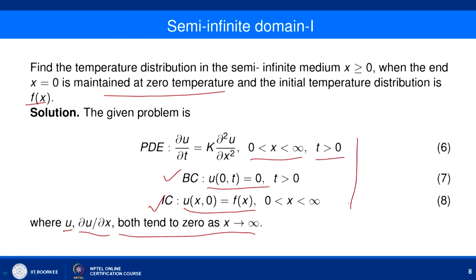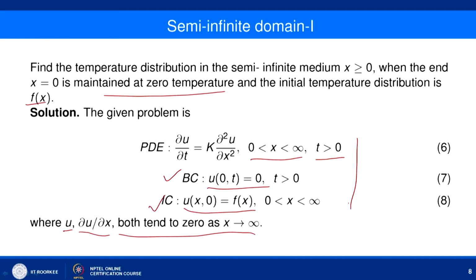So, here I cannot apply the full Fourier transform. Here we will apply the Fourier transform defined only between 0 to infinity. We have two choices, one is the Fourier sine transform and another is the Fourier cosine transform. Which one should we apply, that is our question. So, let us handle some results, based on which, from the initial condition and boundary condition, we can identify whether we should apply the Fourier cosine transform or the Fourier sine transform.